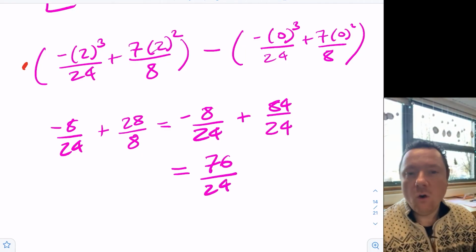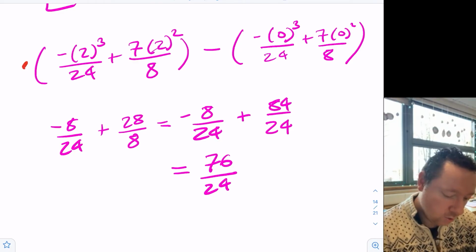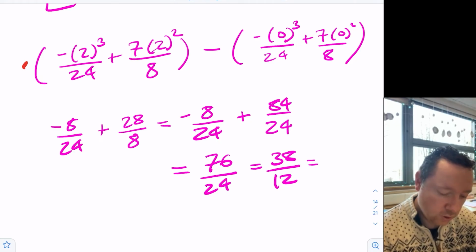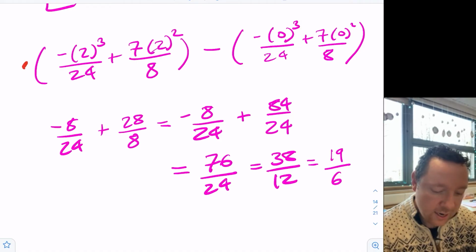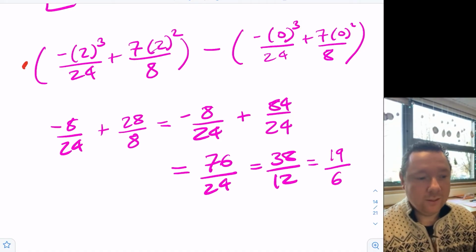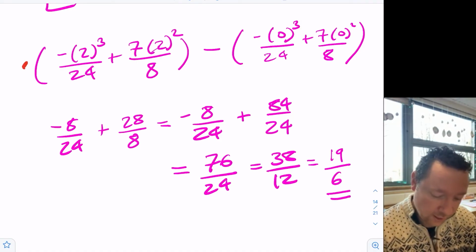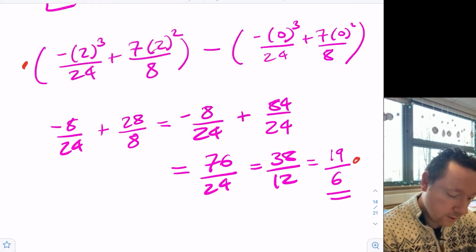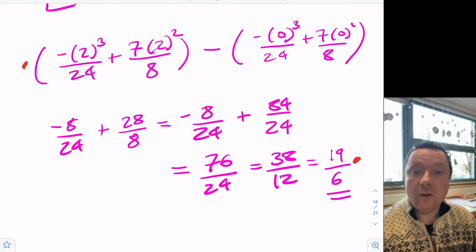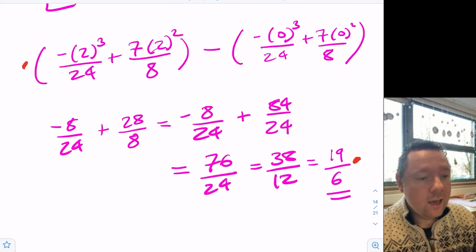Simplify that because you have to always have simplified answers. So I'll just divide through by 2 to get 38 over 12. Divide them by 2 again to get 19 over 6. And 19 is a prime number, 6 doesn't go into it, so 19 over 6 is our final answer for another mark. And feel free to do that in any way you want to get 19 over 6, but that